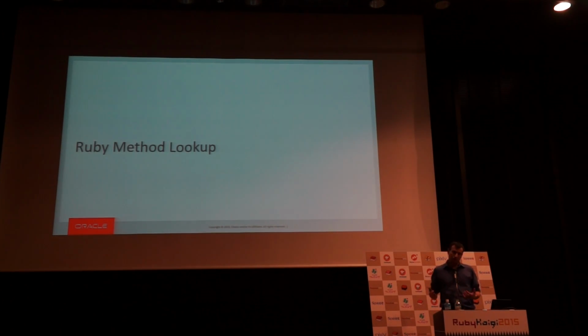And this has a very strong parallel to Ruby method lookup. So method lookup in dynamic languages is kind of a slow operation. In Ruby, it's a really slow operation because Ruby has a very rich class hierarchy. So when you call a method, it could be coming from the class, that class's singleton class, a superclass, its singleton class, mixed-in modules, and so on.